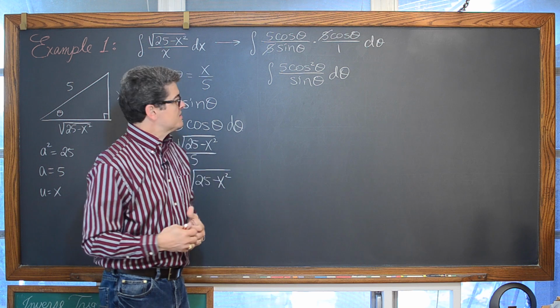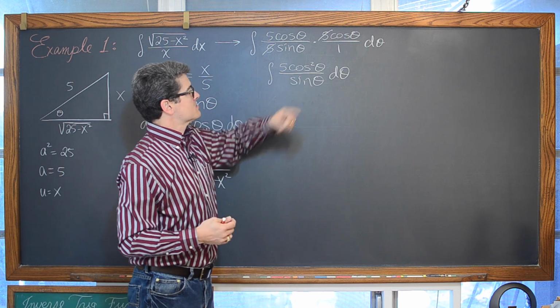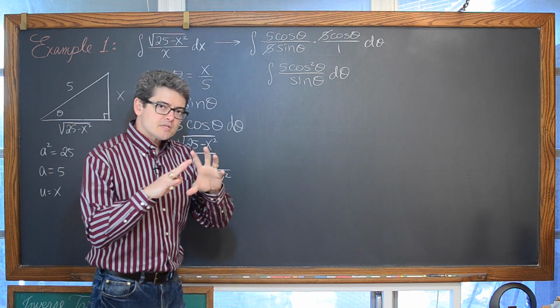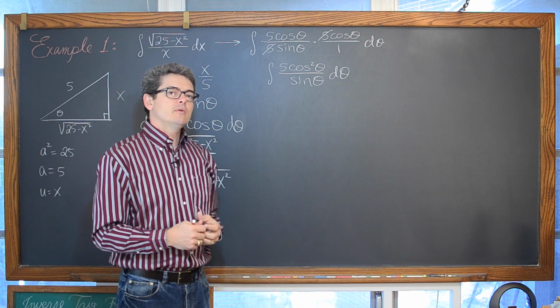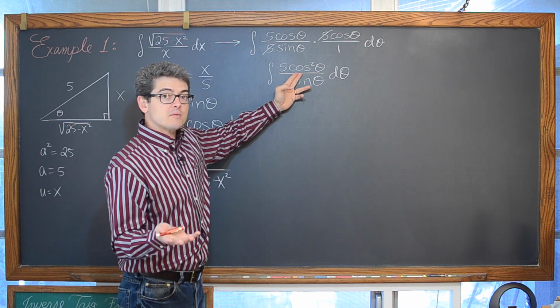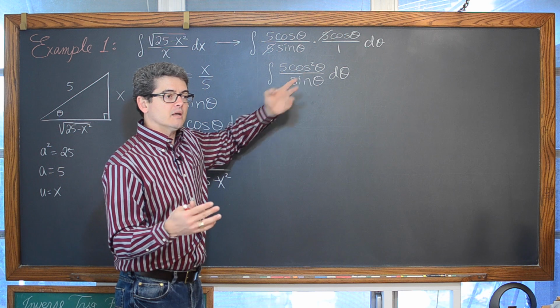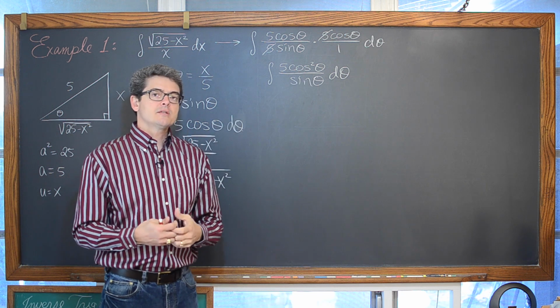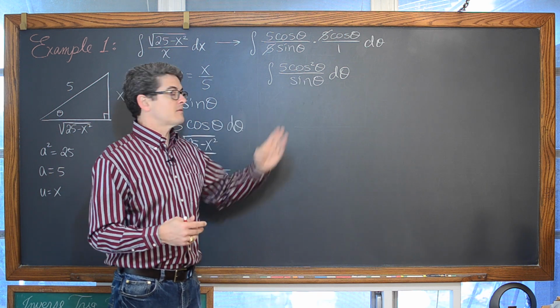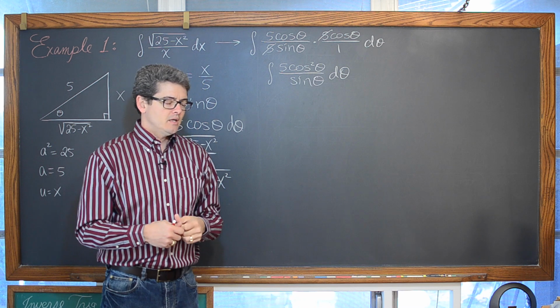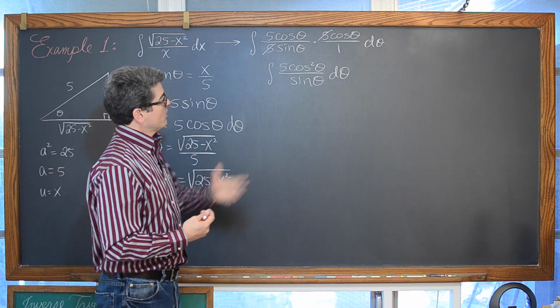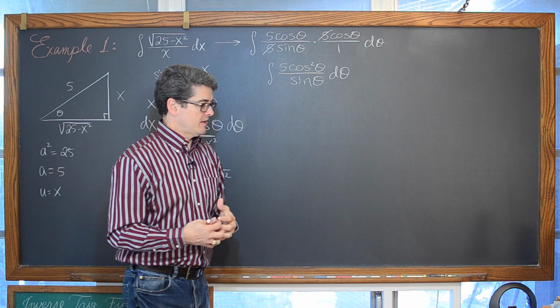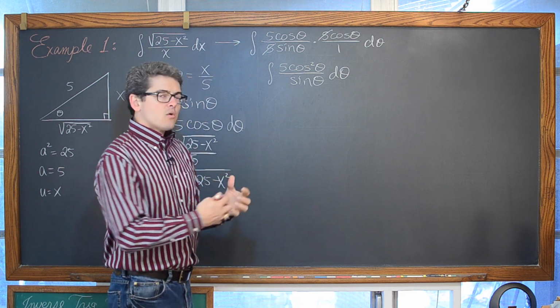Thinking of all of our basic integration rules, I have cosine squared. So I have some kind of inside function being raised to a power, so maybe that would be a u substitution where I let u equal the cosine of theta. Well, then the derivative of cosine is negative sine, and I have a sine, but it's in the denominator raised to a negative 1 power, if you will. Or you could say it's equal to cosecant of theta. So that's not going to quite work.